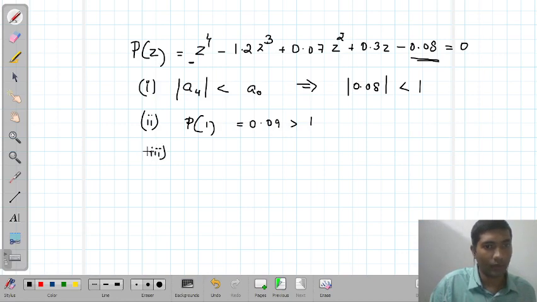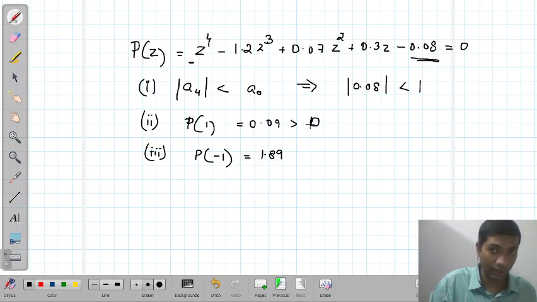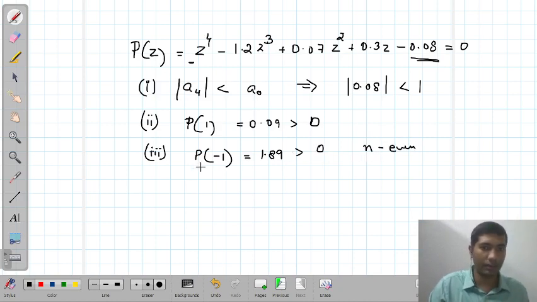Third condition requires P of minus 1, so you'll get P of minus 1 as 1.89. Sorry, this is greater than 0. It also needs to be greater than 0 since n is even. Here n is 4, so n is even, so we require P of minus 1 to be greater than 0. That is also satisfied. Now for the fourth condition, we need to construct